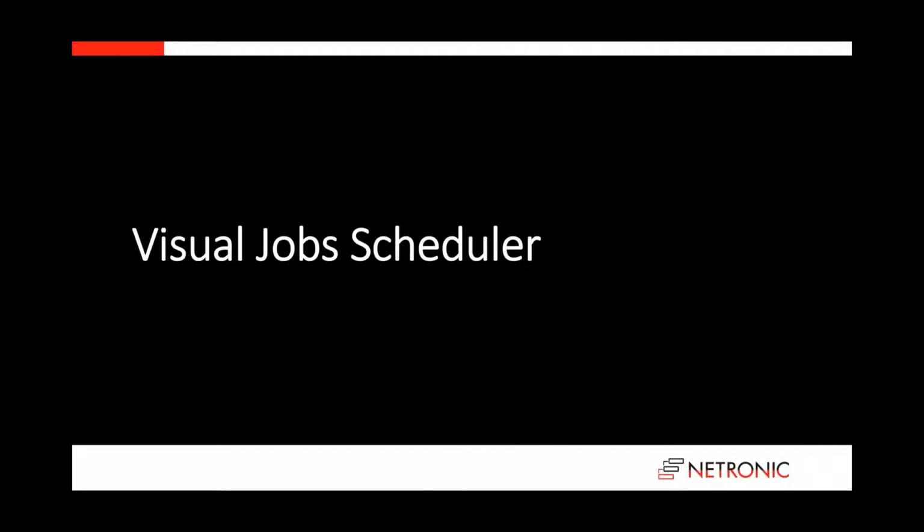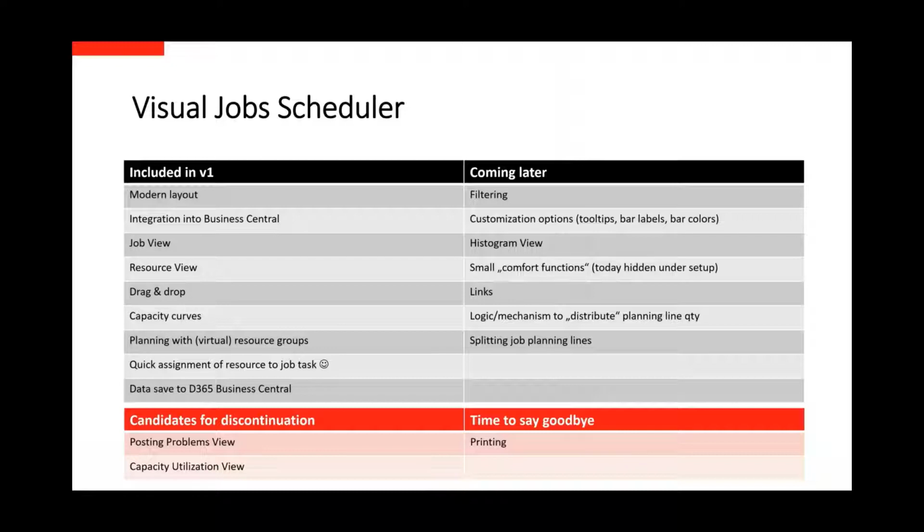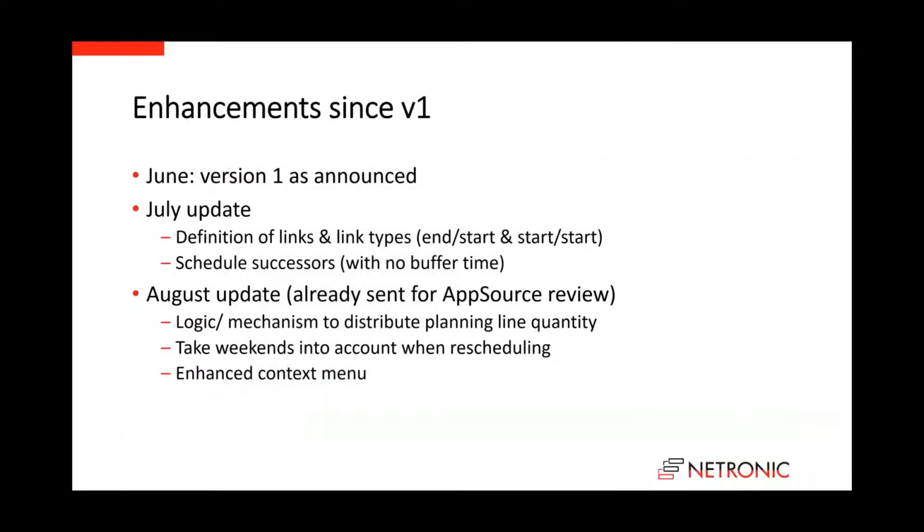Visual Job Scheduler, and so change from production to job and resource planning. Again, this was what we announced would be in version 1 and what would come later. We delivered version 1 as announced at the end of June. It's now in AppSource, and after that we already provided the July version where we got the recertification in